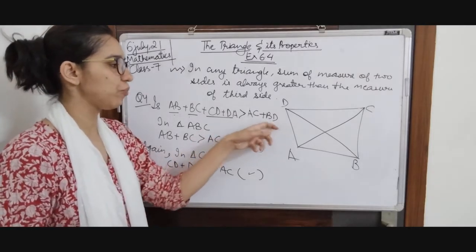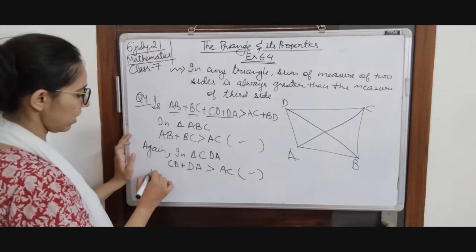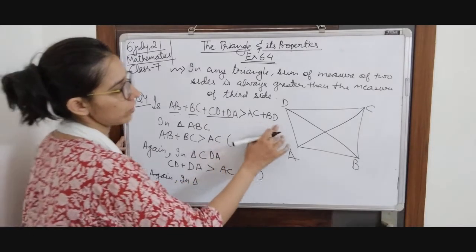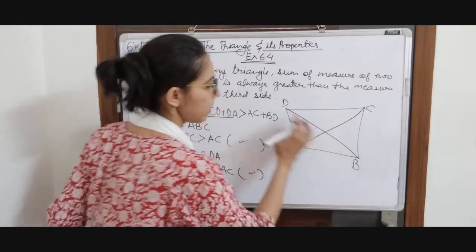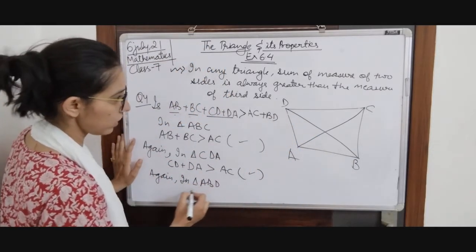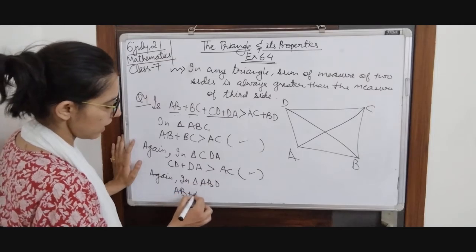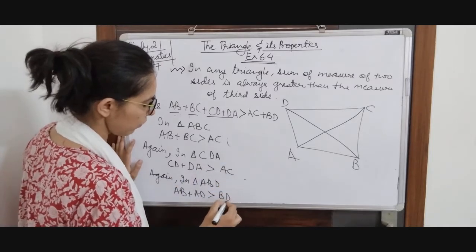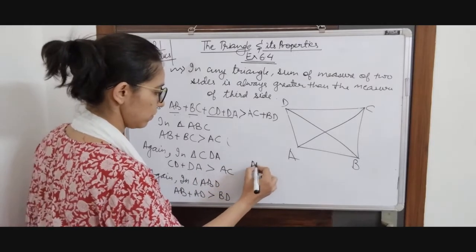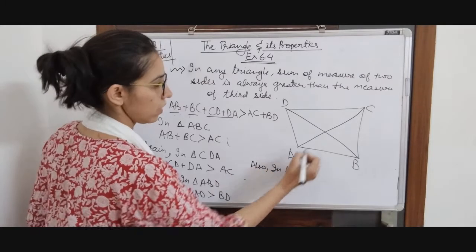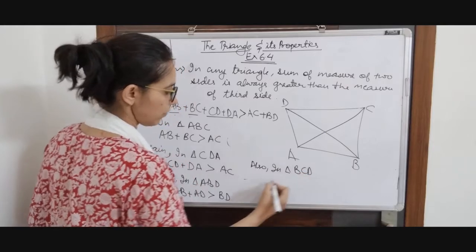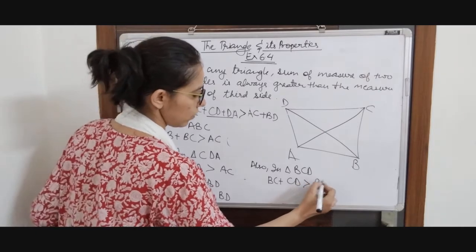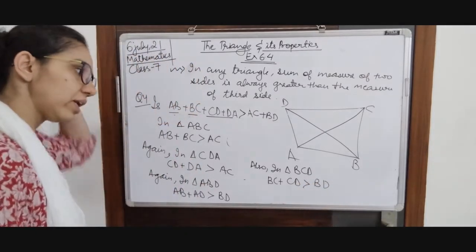More triangles in which we have BD as side. So we will take another triangle again, in third triangle. I am going to check in which BD is a diagonal. So BD is a side. So BD is in ABD, in triangle ABD. So in ABD, AB plus AD is greater than your BD, and we have one more triangle. So also in triangle your BCD, only left out triangle was this. BC plus CD is greater than BD, okay? Now we have considered all the four triangles and we are getting this.